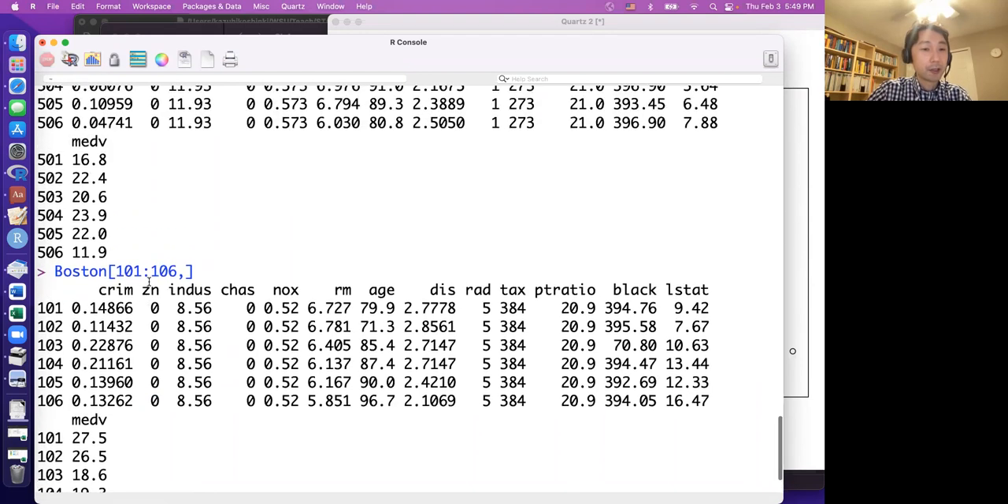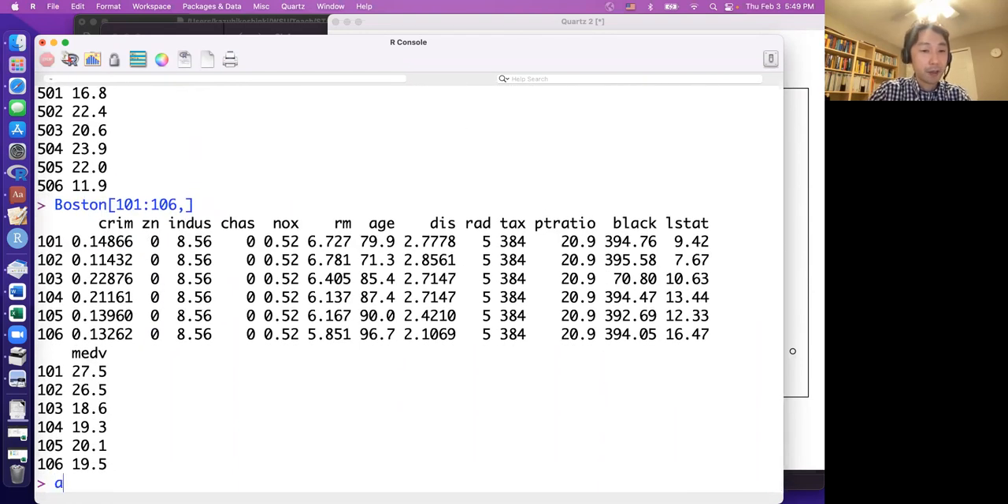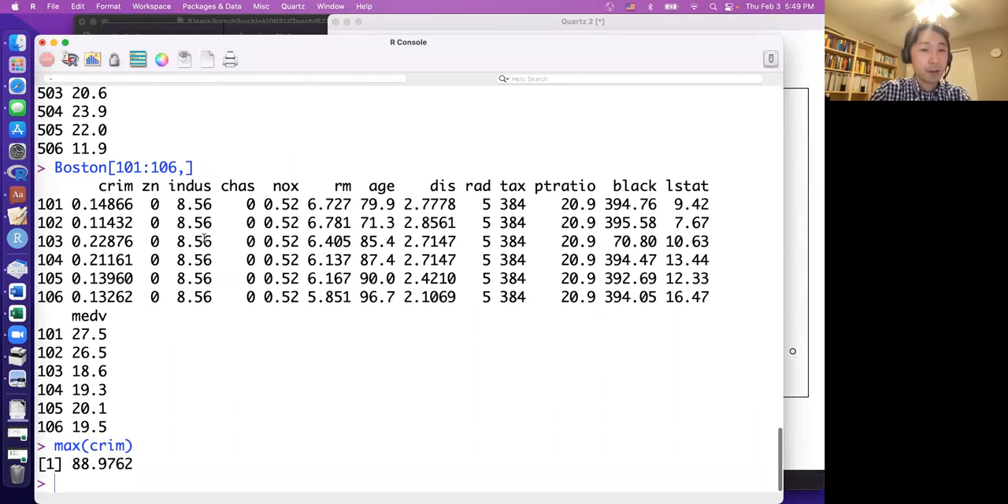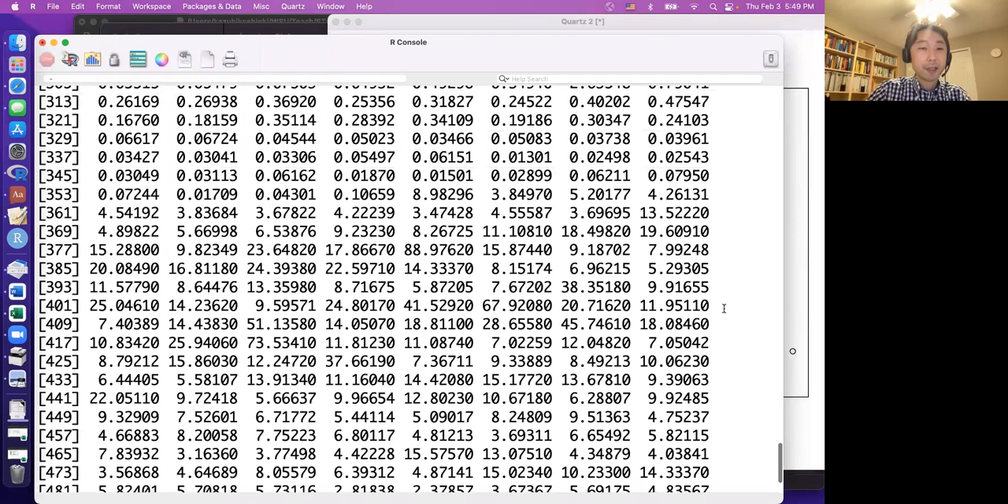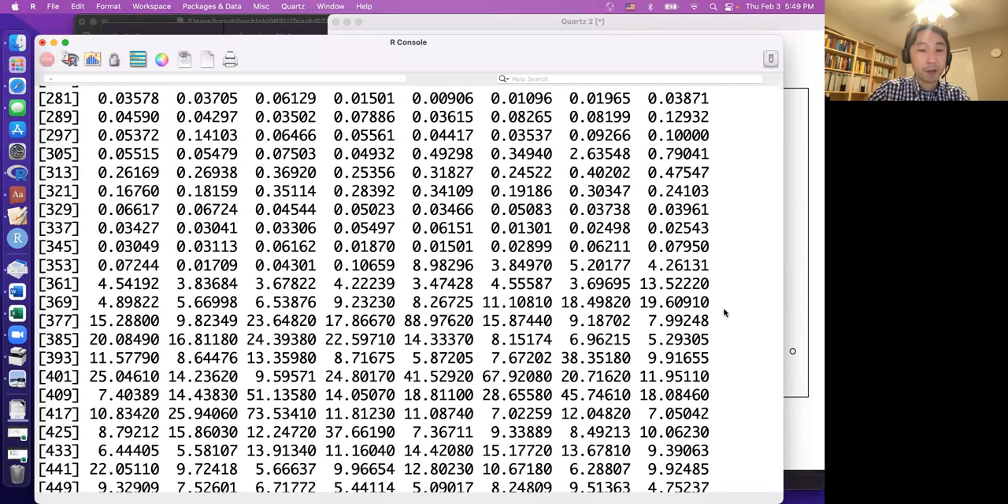Crime rate, actually they're pretty low. Max crime rate, 88. Okay, so the crime rate is here, so still not really high. So we can see some crime rates are higher. For example, maybe 200, maybe